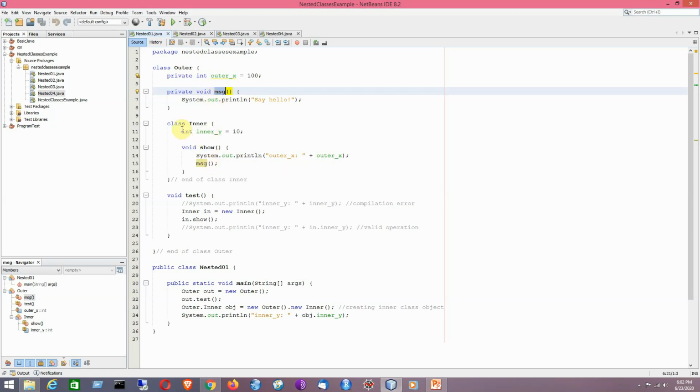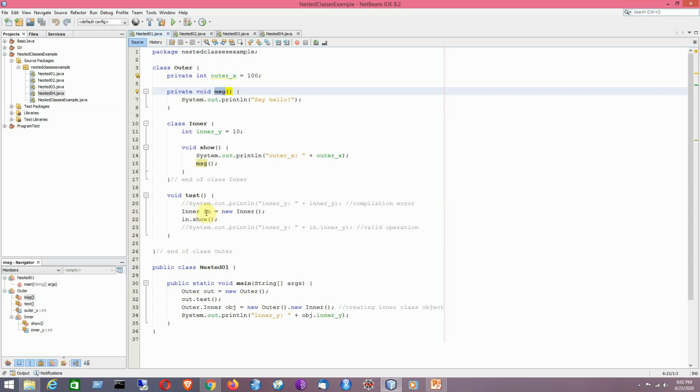Now by using the instance of the inner class that has been created within a particular method in the outer class named void test, I have created an instance of the inner class.